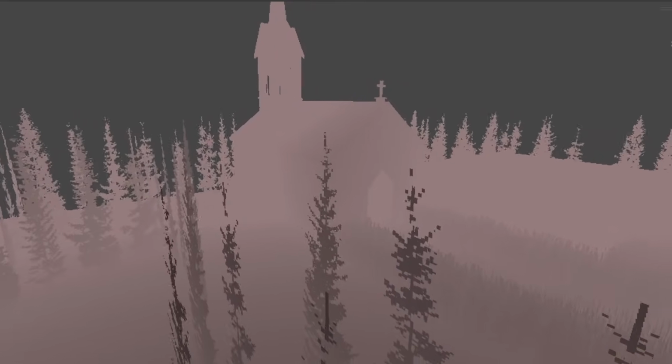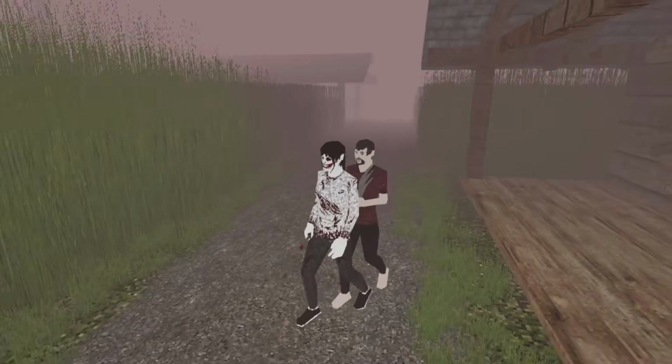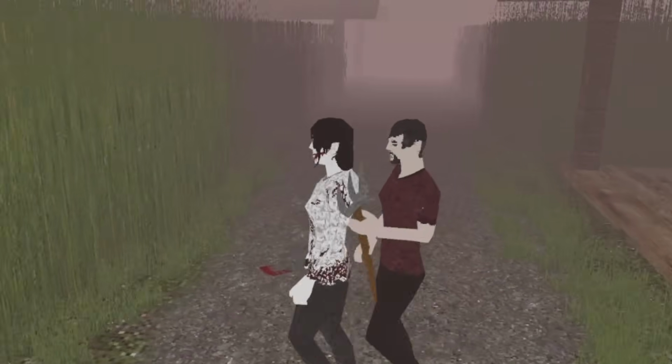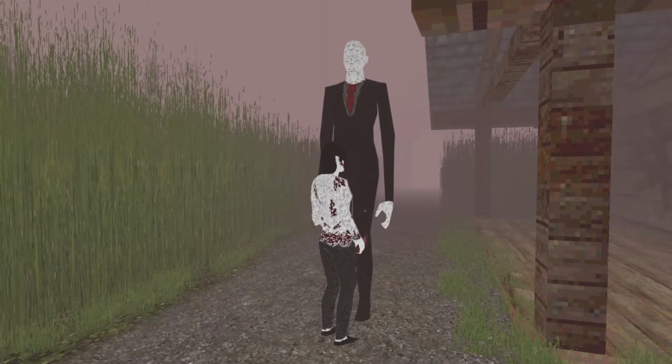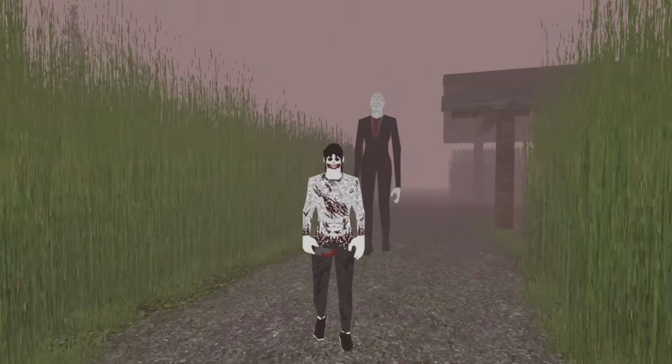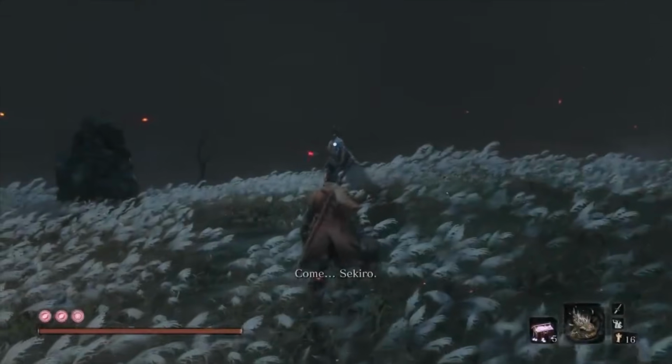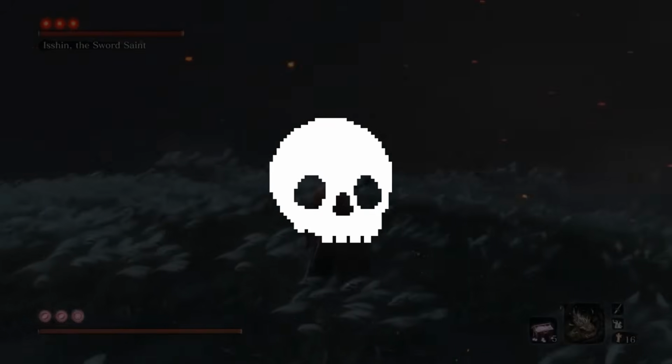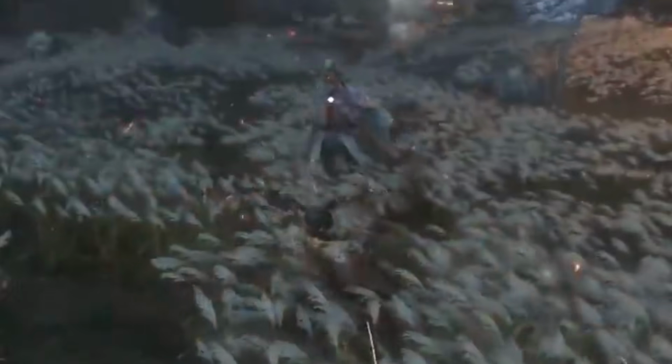We've got the map. We've got the characters, but no real challenge yet. Enemies just chase you, but don't actually attack. Even Slender Man doesn't do anything. So, time for the combat system. I took inspiration from Sekiro, where the main mechanic isn't spamming attacks, but timing your blocks perfectly to break the enemy's posture and finish them off.